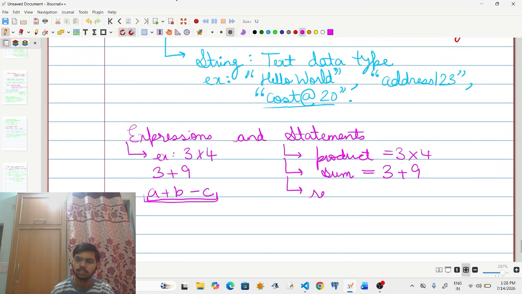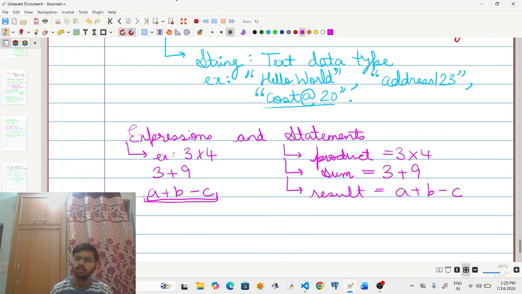Or result is equals to a plus b minus c. So these are statements while these are expressions. Expressions are a part of an equation, while the whole equation along with the variable name, when we are assigning that expression to a variable, is a statement.